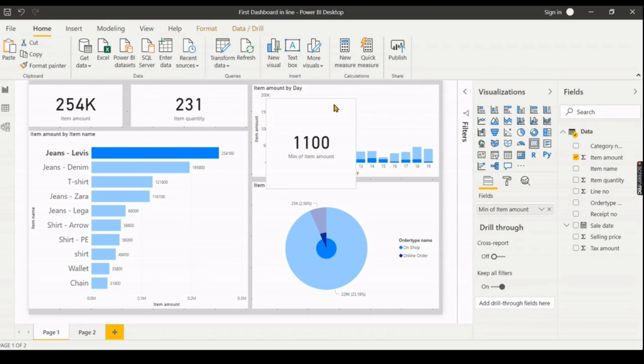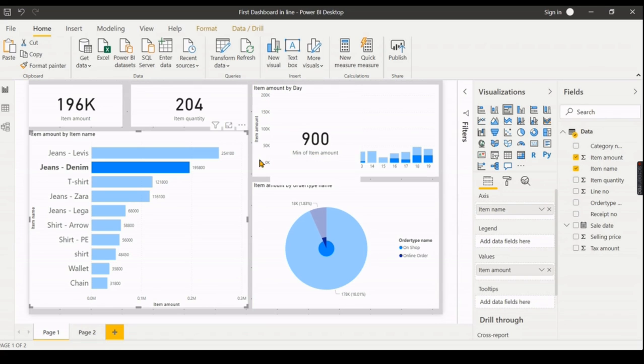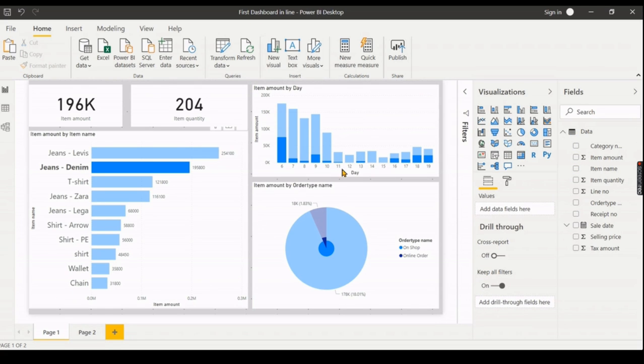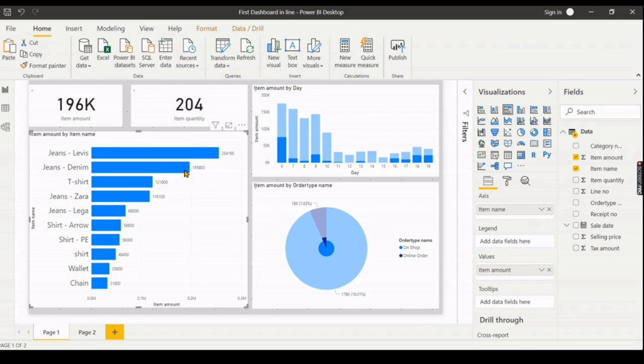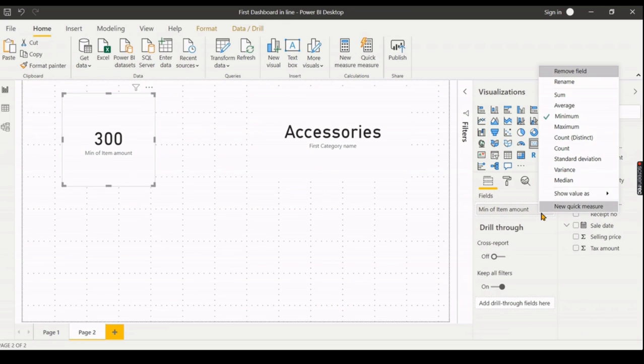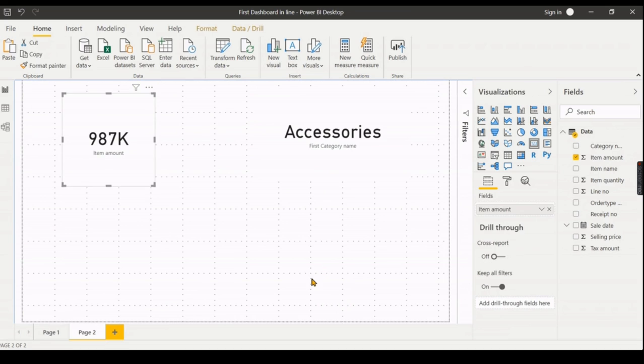So let's see. Jeans Levi's minimum amount is 1100, and jeans denim's minimum sale happened at 900. Maybe he wants to see what is the minimum of this particular item over the period, what amount we kept. So for this, you need to choose the appropriate aggregation type. That is what I'm trying to explain. So I will revert back to sum,